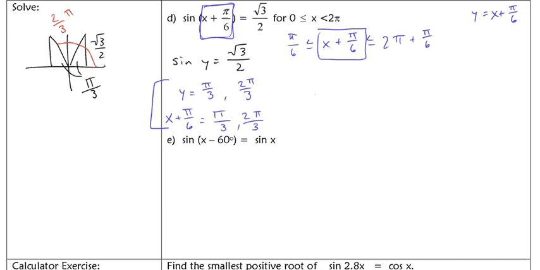But we're trying to get not to y, but we're trying to get to x. So to get to x, we need to subtract pi over 6 from each of these. And so it's going to be easiest to change them into sixths. So let's rewrite those two in terms of sixths. That's going to be x plus pi over 6 is equal to 2 pi over 6, and it's also equal to 4 pi over 6. So now when we subtract pi over 6 from everything, we're going to have x is equal to pi over 6 and